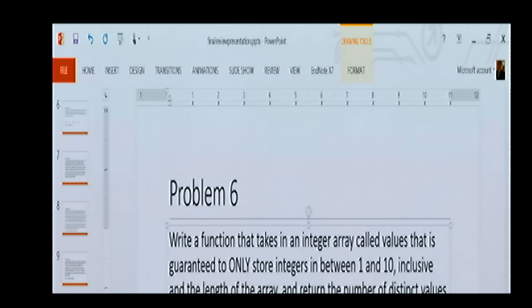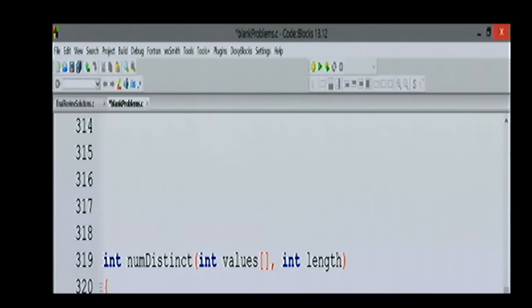Yeah, kind of like that. So that's pretty good. So that's kind of how the frequency thing works. What a frequency array does is it allows you to count how many things existed within another array. So you're trying to figure out how many occurrences there are of a certain number and